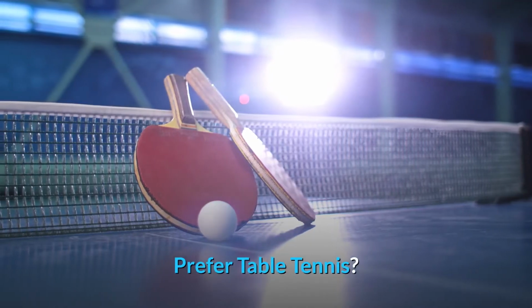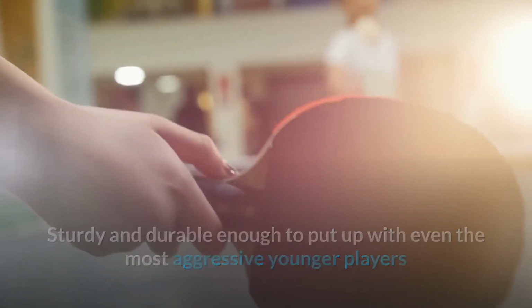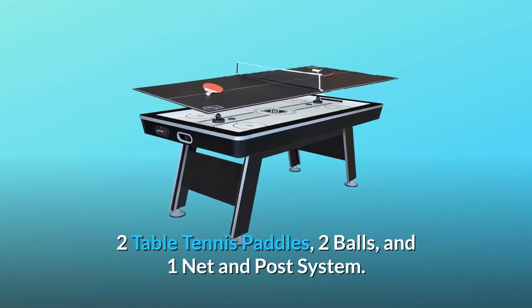Prefer table tennis? You are in for double the fun. Sturdy and durable enough to put up with even the most aggressive younger players and easily sets up in under 15 minutes. Comes complete with all accessories including 2 pushers, 2 pucks, 2 table tennis paddles, 2 balls, and 1